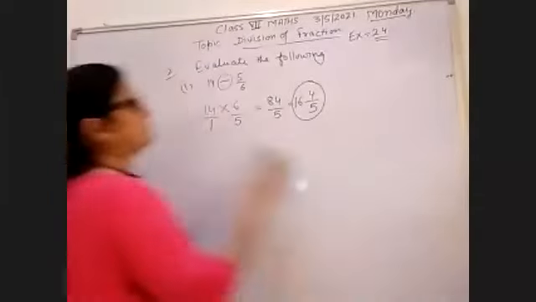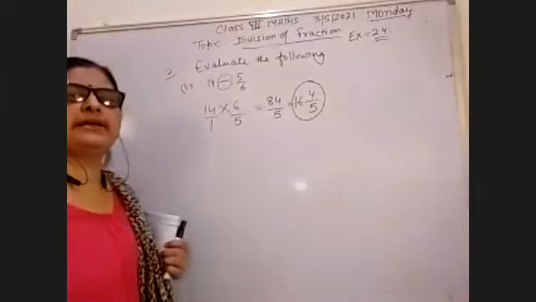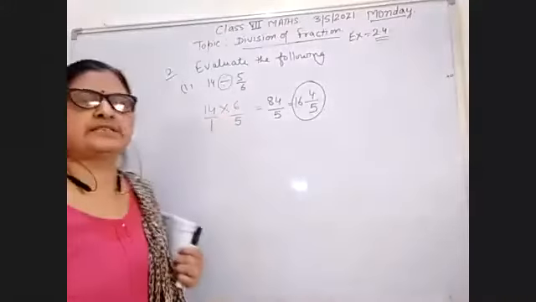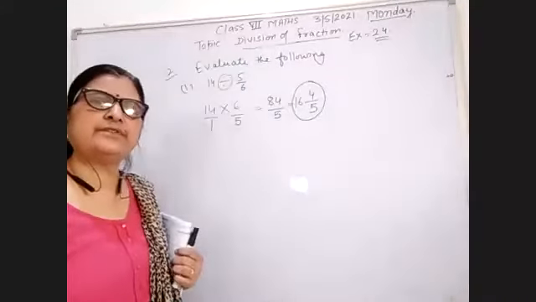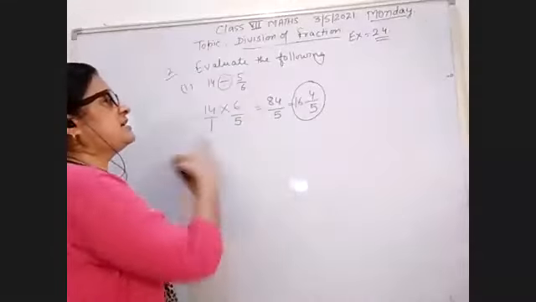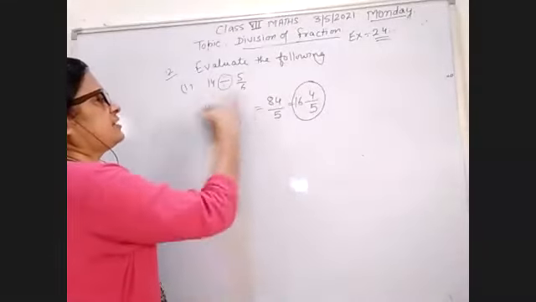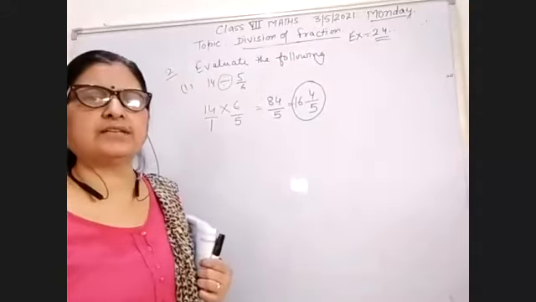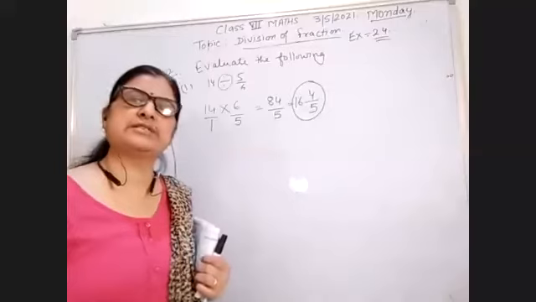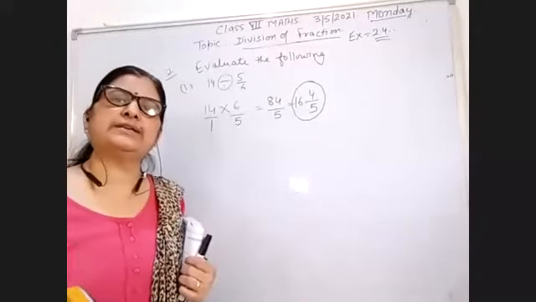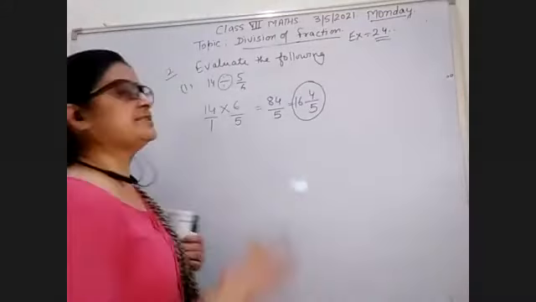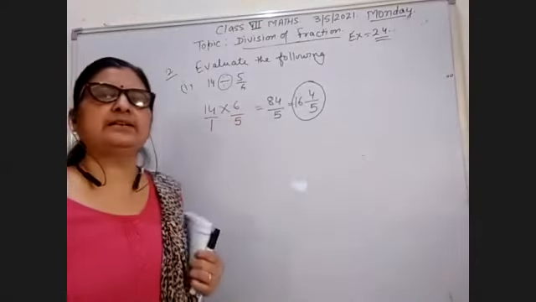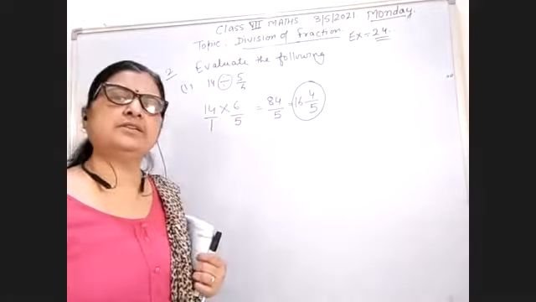What will you do in this question? First you have to change the divide into multiply, and then you have to take the reciprocal of 5/6. It is equal to 6/5. Then if numbers can be cancelled crosswise, you will cancel them, or if the numerator or denominator portion can be reduced, you can reduce it. But if it is not cancelled, you have to multiply the numerator with the numerator and the denominator with the denominator.